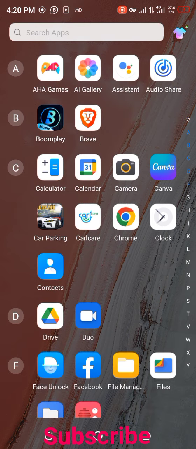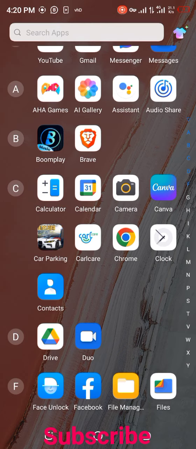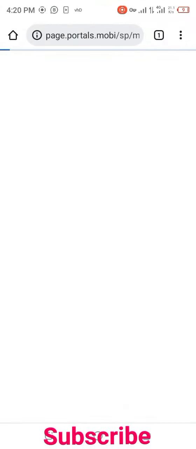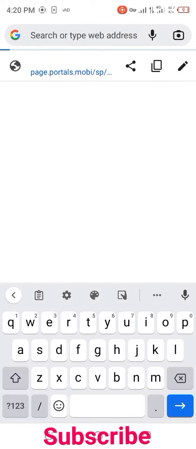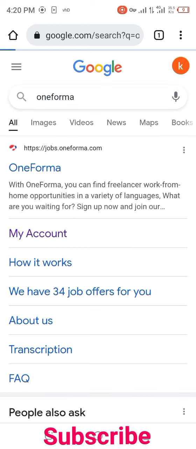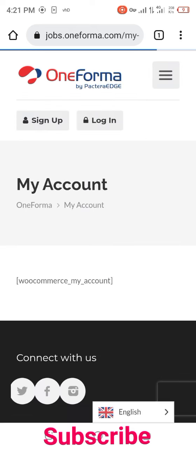So first and foremost, you need to go to your Chrome or any browser you have and click on it, and we will search OneForma just from your browser. You can search OneForma, and most probably it will load. So basically, OneForma is more about judging, and what you do is you rate ads on websites and stuff like that. So like you're paid to rate an ad. For example, let's say I'm searching for a certain item, let's say women's shoes,